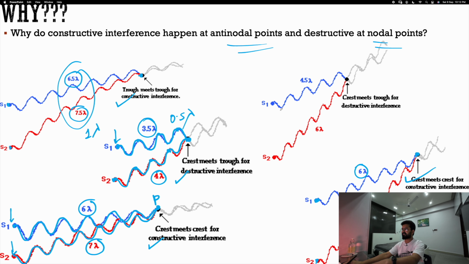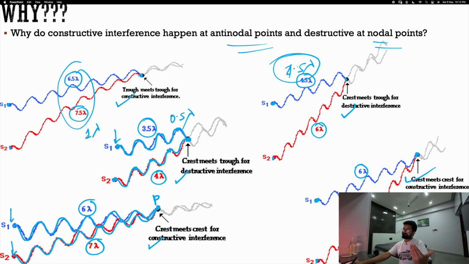So this last example here, you can see S1 travels 4.5 lambda, that means starts with peak, ends with trough. S2 travels 6 lambda, starts with peak, ends with peak, leads to destructive interference because peak meeting trough. And what is the path difference? It is 1.5 lambda. So you can see all the examples here